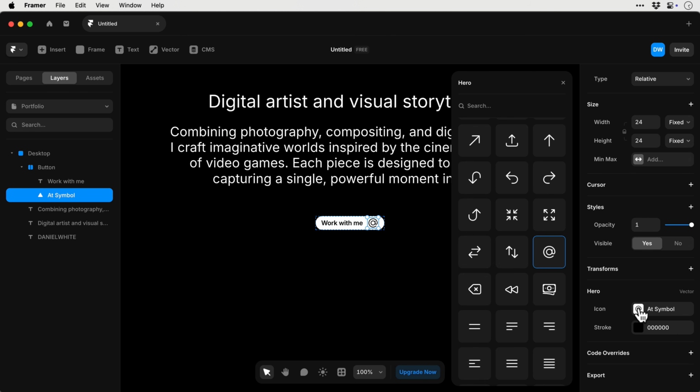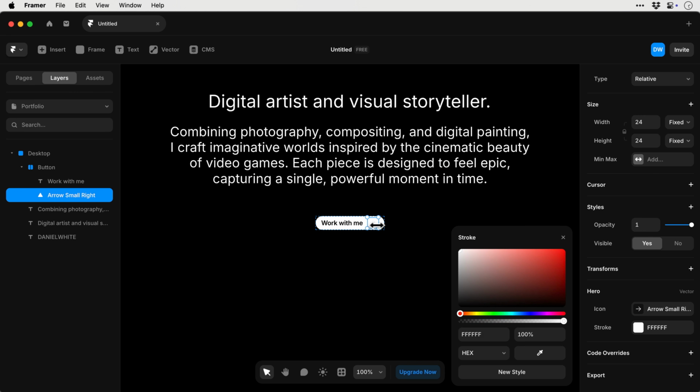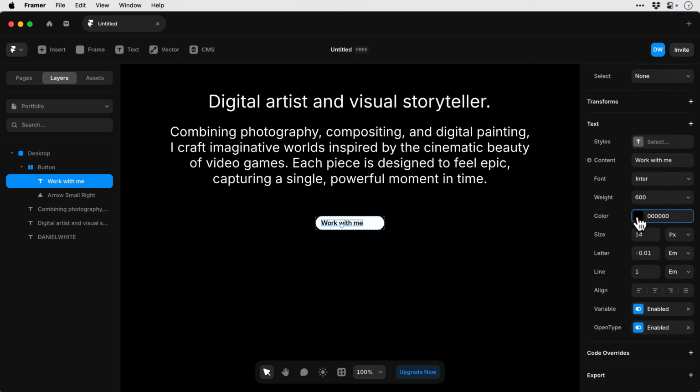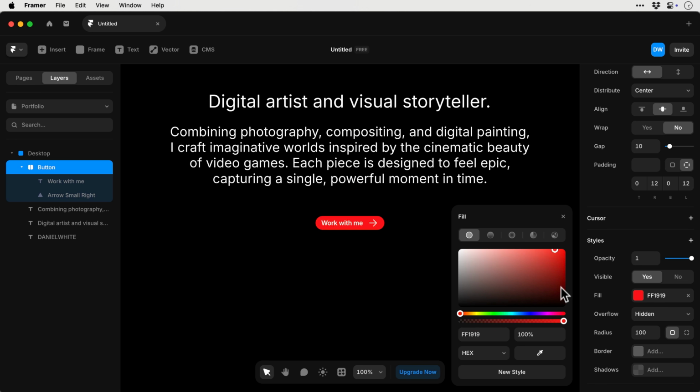And if we select the icon, we can now go and pick from all of these different icons or just search for what we're looking for. So I want a right facing arrow. And there we go. Just like that, we have one in, and I can go and change the color of the text, the properties, all that good stuff. I'm going to make the button color